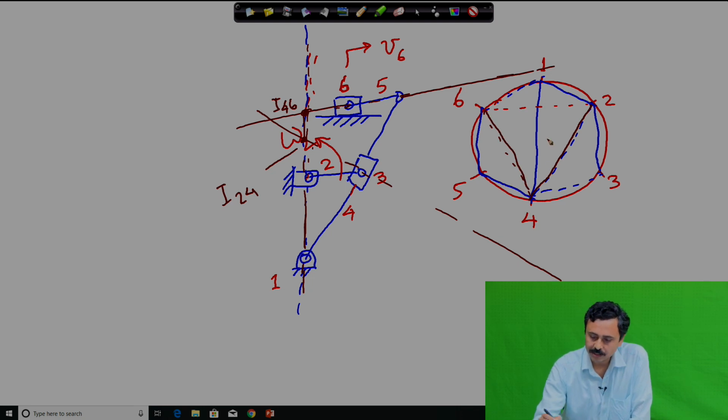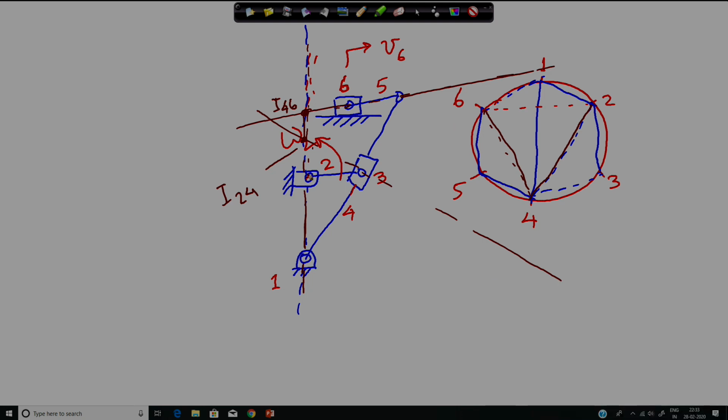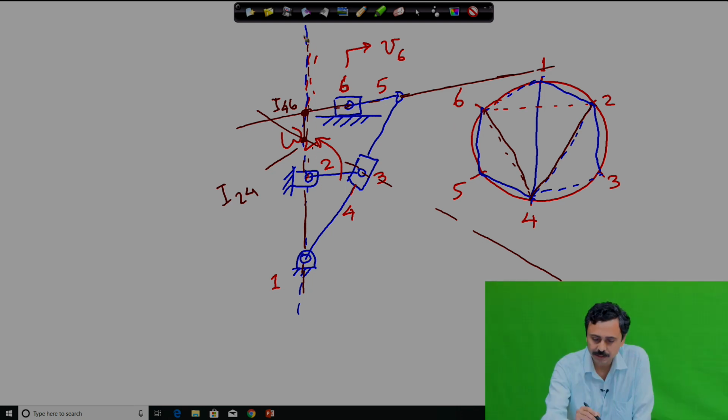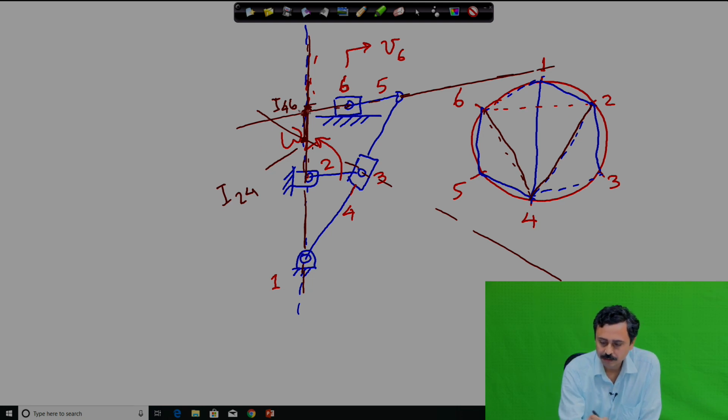Now, I have two paths, one is 1 2 and 1 6, where 1 6 is at infinity. So, this line and 2 4 and 5 6. So, it is again the same. So, once I have located 2 6, then I can find out. So, if I know I 2 6 somewhere here,